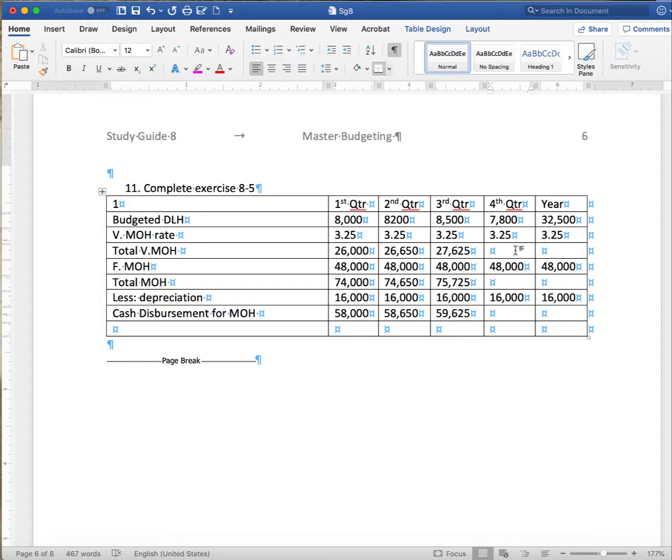Same thing for the fourth quarter. I'm just going to plug these in and not bore you to death. 73,350. Subtract out my depreciation from my total MOH. I end up with 57,350. So in total, the total variable MOH for the year, 32,500 times 3.25, gives me